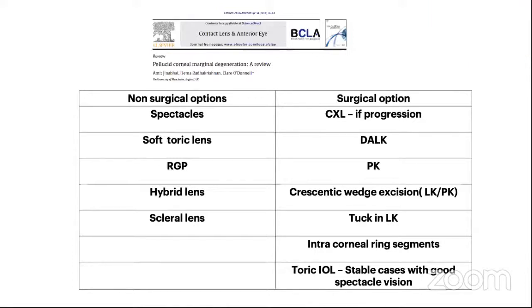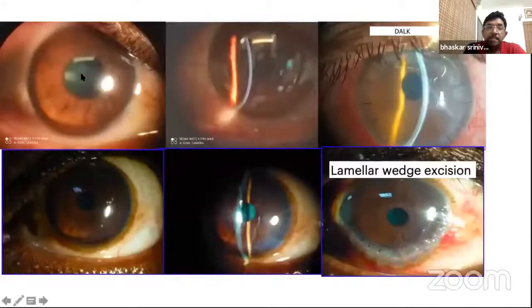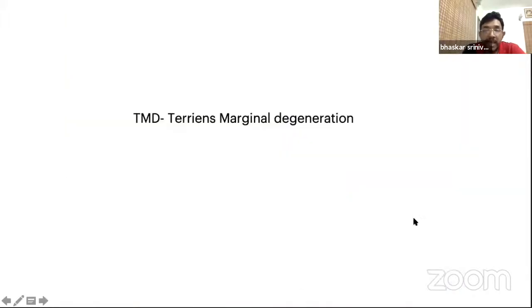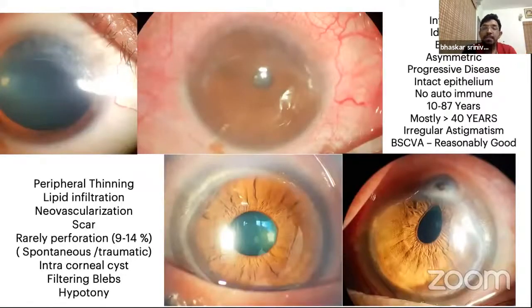And coming to the toric IOL, in case of good visual recovery, if the astigmatism is not very great and the vision with glasses is good. So these are just examples of a patient where we have done a DALK and a patient where we have done a lamellar wedge excision. And it shows that with the lamellar wedge excision, the astigmatism has come down from 16 to 4 diopters. Coming to TMD, again, basically it's an infrequent idiopathic,